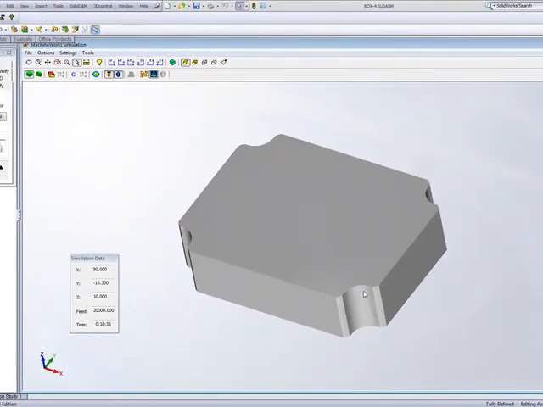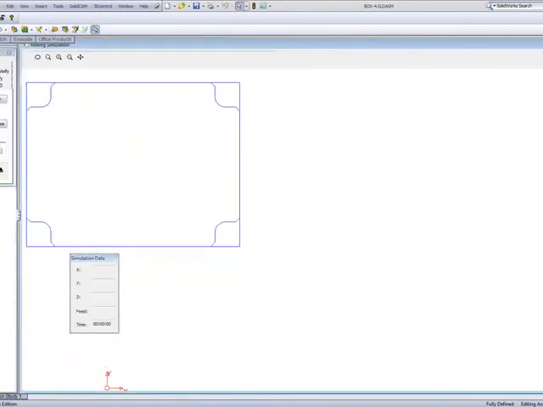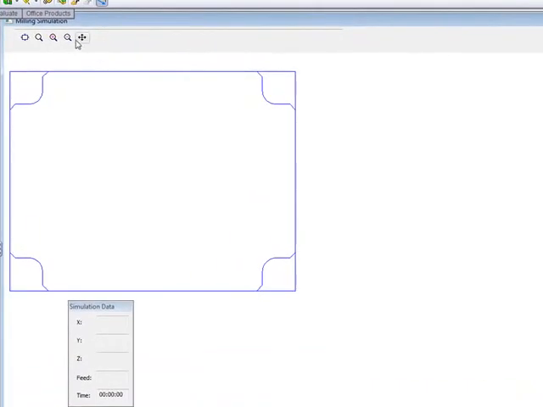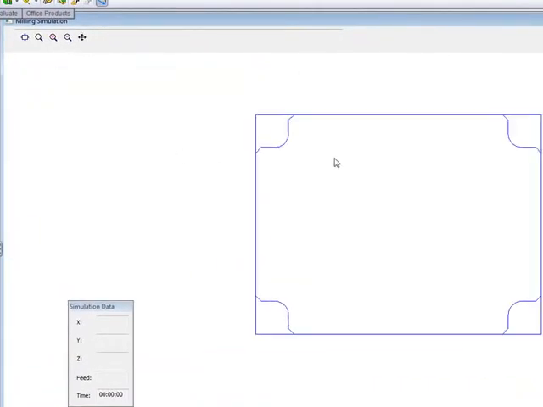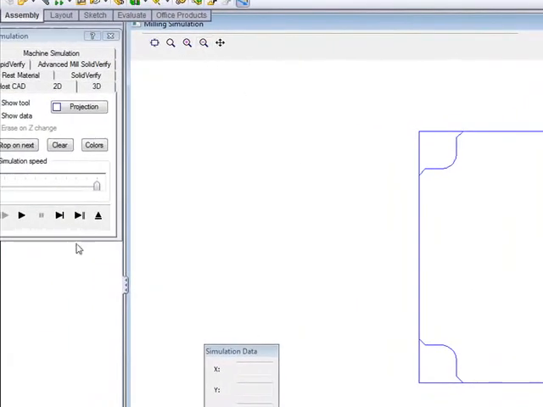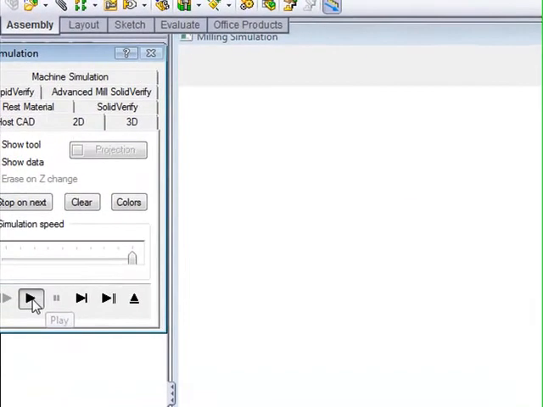But you'll also note that these corners, because my tool was too big, are a little bigger than what they really should be. If I choose my option of 2D simulation, you'll see the exact shape of my geometry. And now, when I run my simulation, you'll see